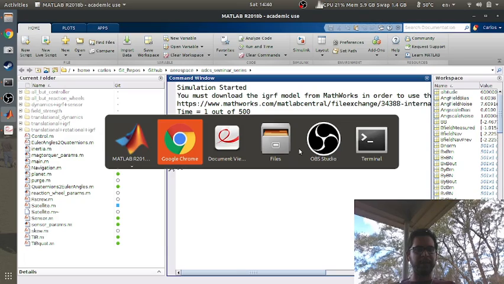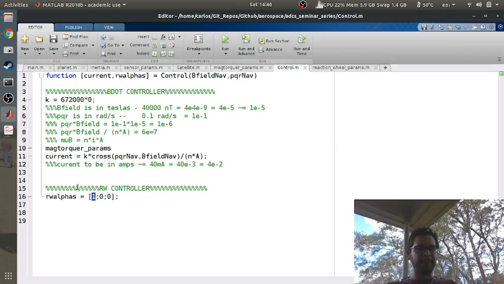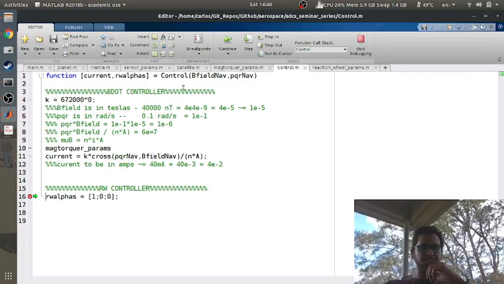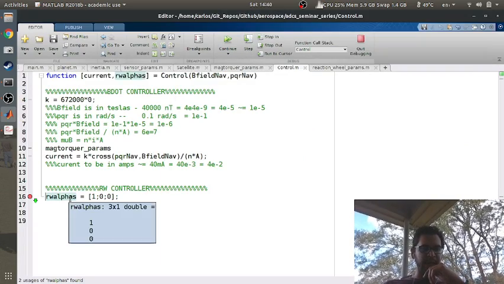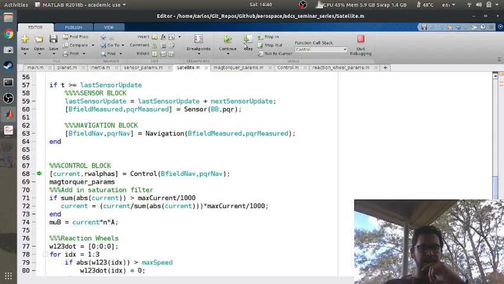Okay, so we've got to put this in debug mode to see what's going on. So I'm going to throw a debug point in here, in main. So I'm going to hit step, reaction wheel alphas is 1, 0, 0. I'm going to come over to here. I'm going to hit